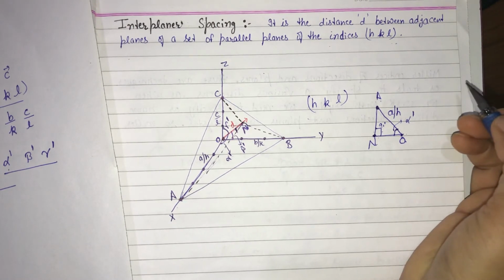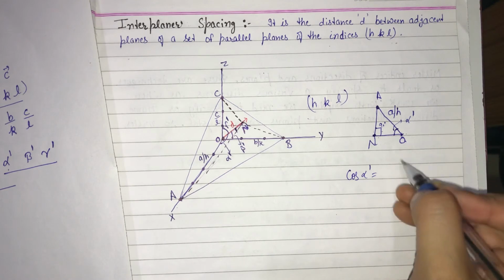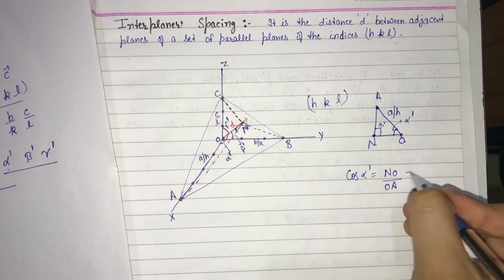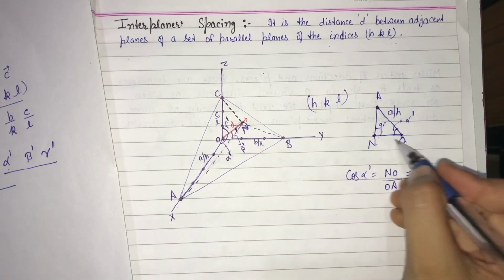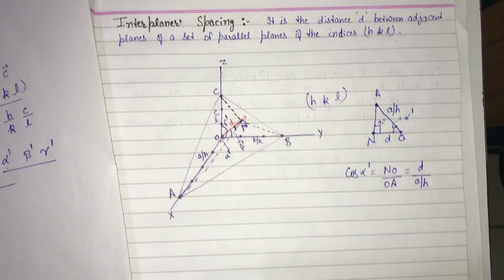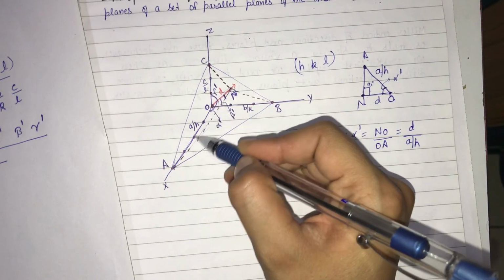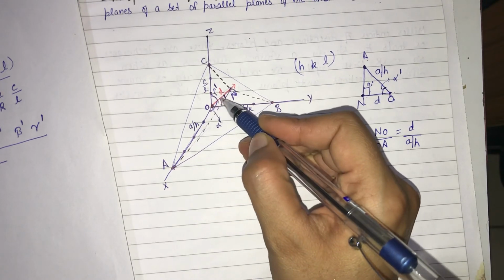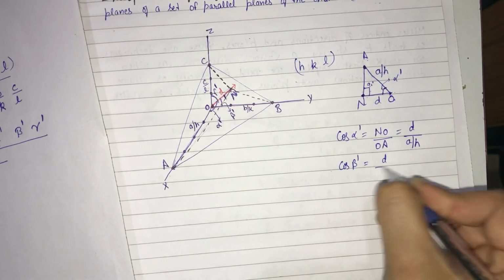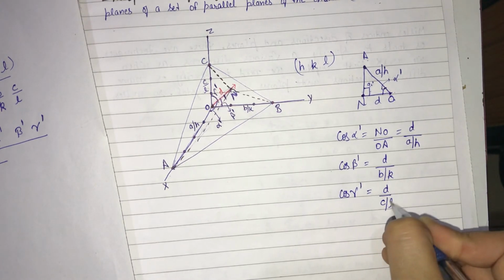So I can write cos alpha dash is equal to base over hypotenuse, here base is NO over OA. सो यहाँ पे देखिए कि NO किसकी इक्वल है, अगर आप यहाँ देखें दिस इज इक्वल्स टू स्मॉल d, दिस इज स्मॉल d ओवर OA किसकी इक्वल है, दिस इज A बाय H की. क्लियर. इसी तरह जो हमने यहाँ कोस अल्फ़ा डैश की वैल्यू निकाली है, अगर हम एक्सिस के साथ एंगल कंसीडर करें, अगर सिमिलरली हम बीटा डैश की वैल्यू निकालें, देन वी कैन राइट इन सिमिलर वे दैट cos beta dash is also equal to d over b by k and cos gamma dash will be equal to d over c by l.